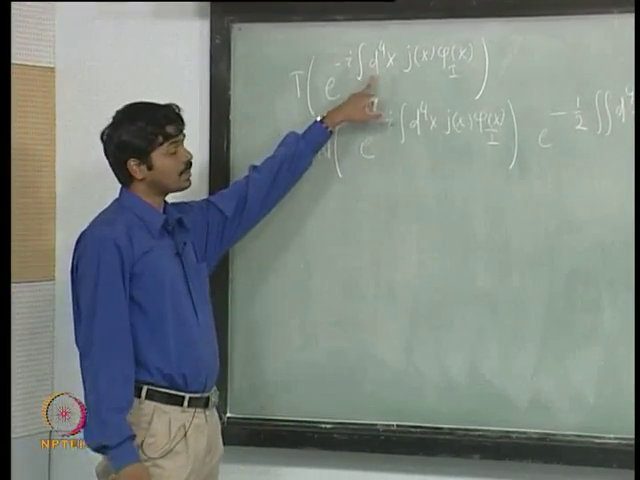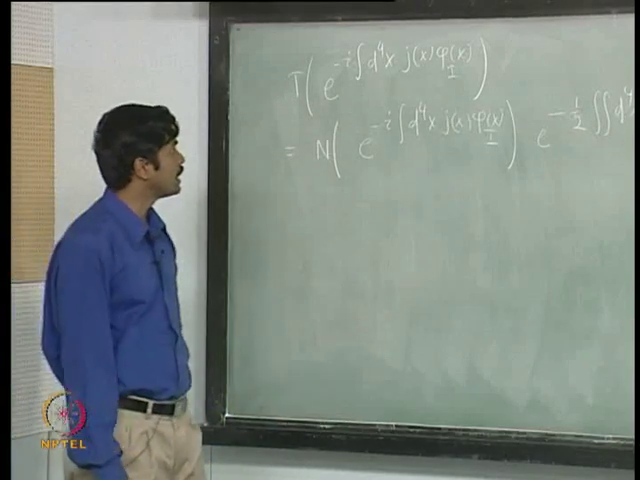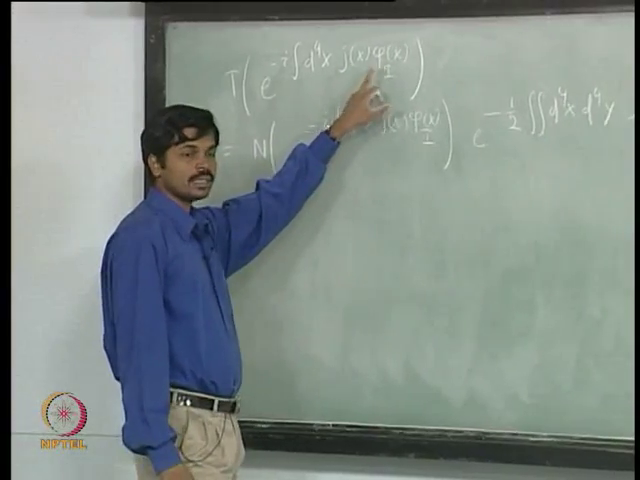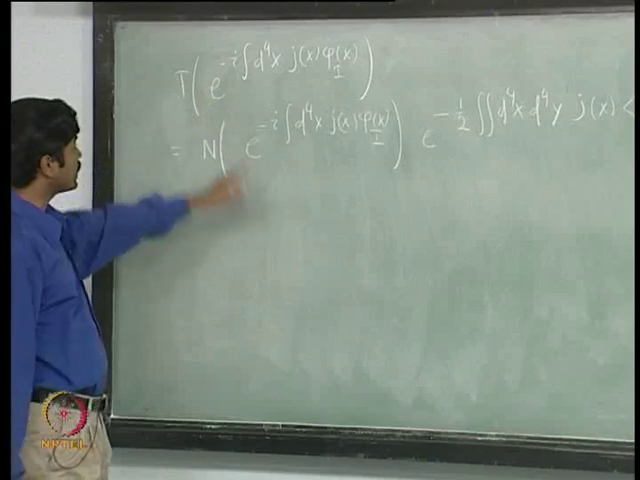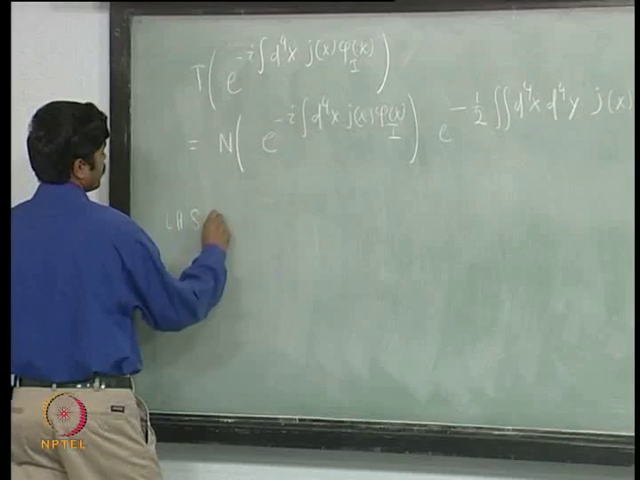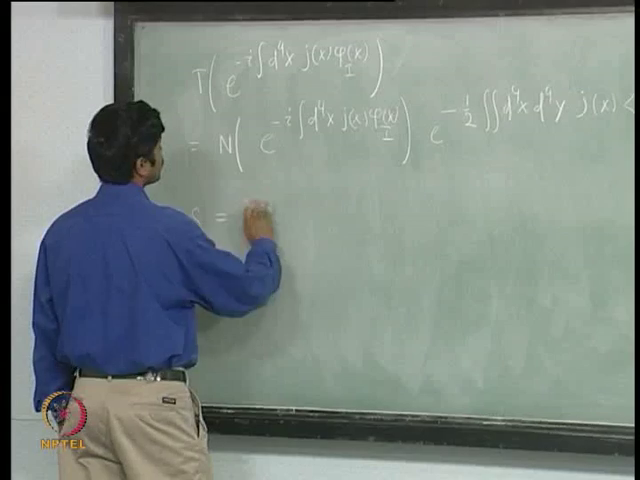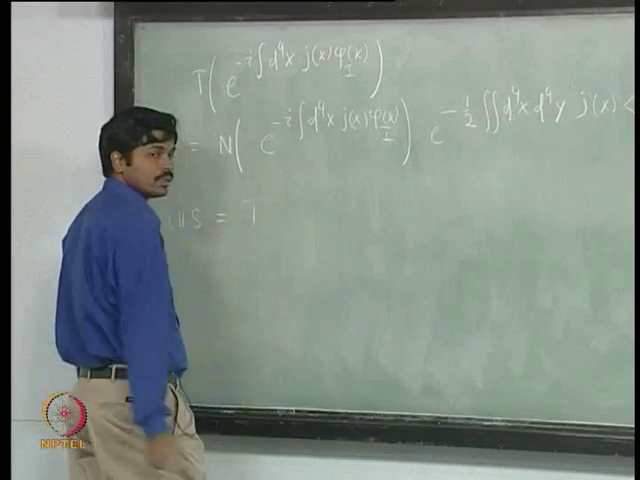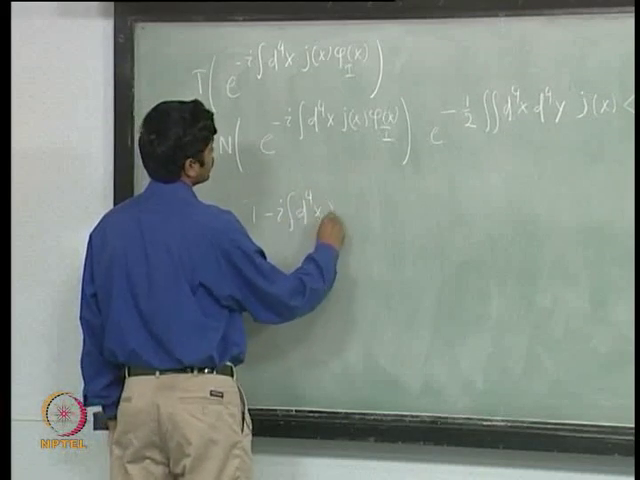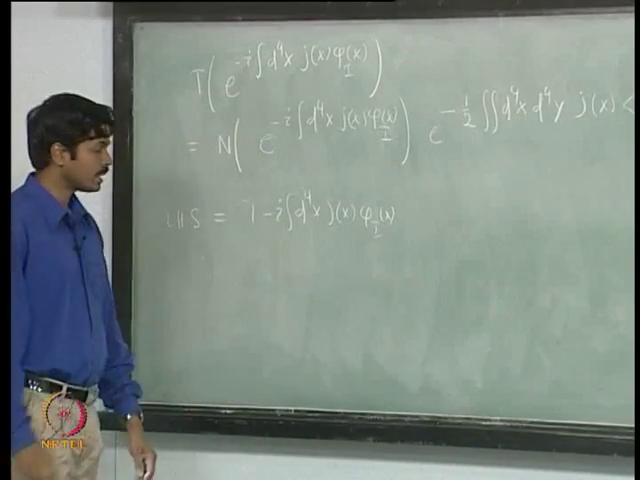Now, what I will do is I will expand both the left hand side as well as the right hand side, and then I will consider terms in each order of J, and then I will equate them. So, the left hand side is nothing but time order product. So, let us do it term by term. 1 minus i integral d4x J of x phi I of x, and then